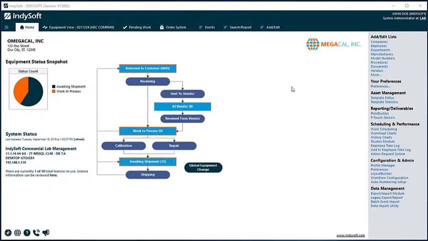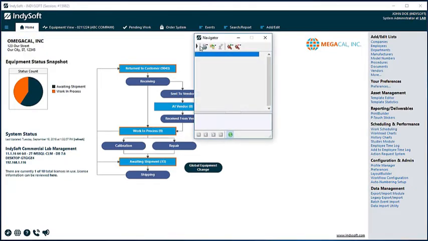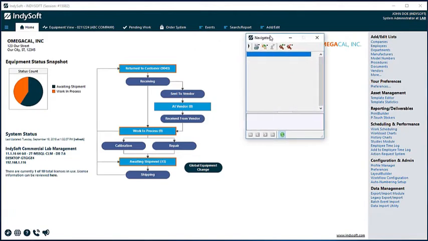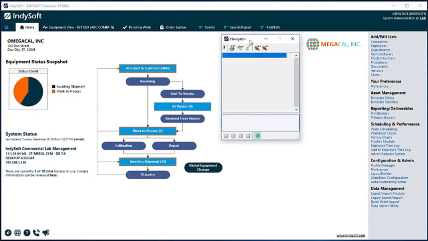The Navigator, if we go into the upper left-hand corner and click on Navigator, the Navigator is used sort of like a custom pick list. It's a way that we can add gauges to this list and then just manage them throughout my day or week or month, however you want to use them. So let's go ahead and dive into the Navigator and take a look at how you can add gauges